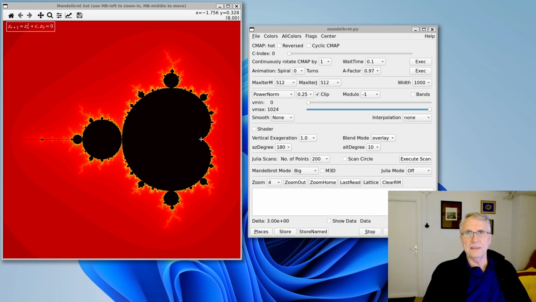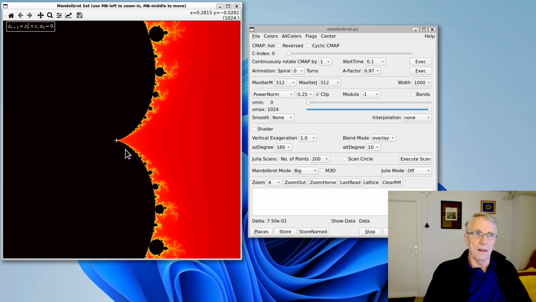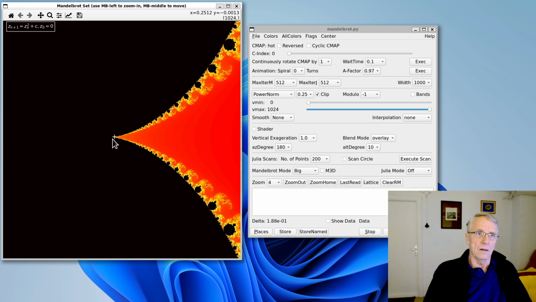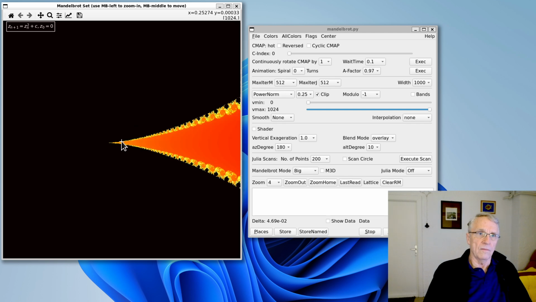Hello everyone, in this video I will show you another nice place in the Mandelbrot set. It's in this area, as you can see, so let's zoom in. Okay, further,